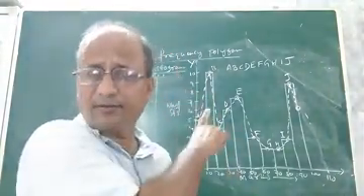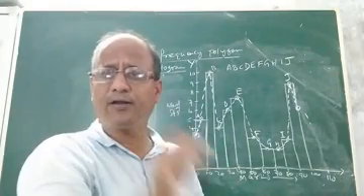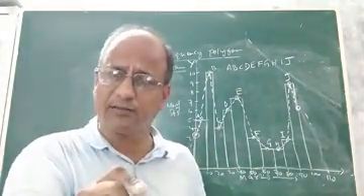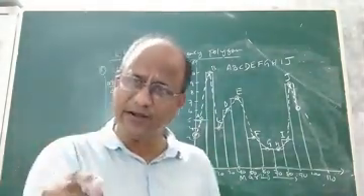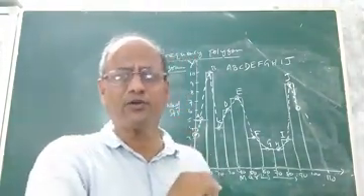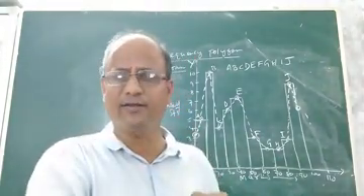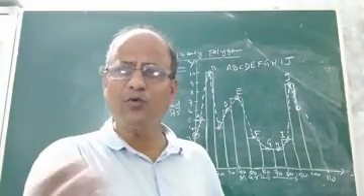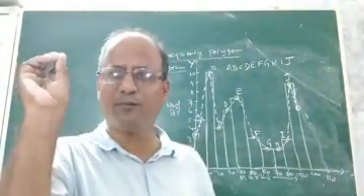Bars or rectangles. By joining the midpoints of all the bars or rectangles, whatever curve is obtained, that is called a frequency polygon. So what is the difference between histogram and frequency polygon? Now you can easily say, sir, in histogram we do not join the midpoints of the bars or rectangles.